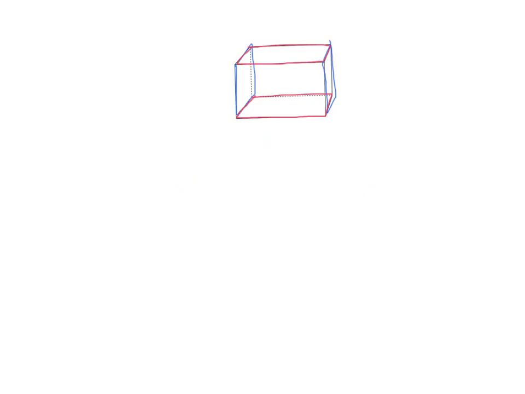In order to find the surface area of this rectangular prism, I need to figure out the area of the blue face, of the red face, and of the face that I haven't added a color to yet, which is in our front and in our back. And we want 2 of each of those because we have 2 congruent blue faces, 2 congruent red faces, and